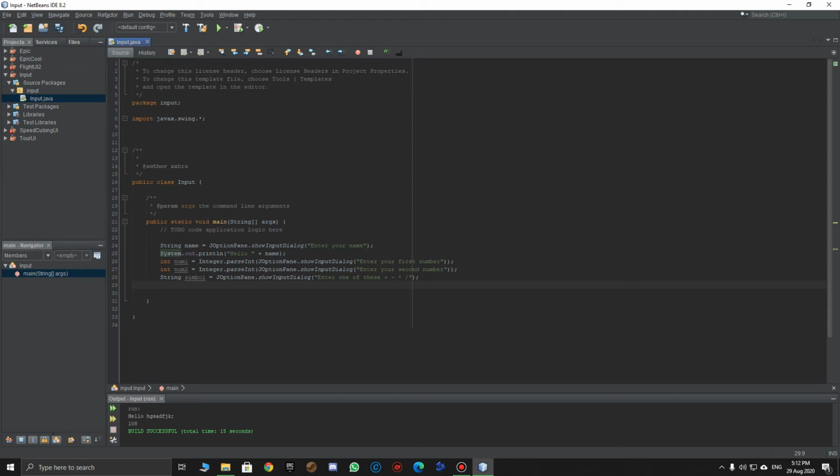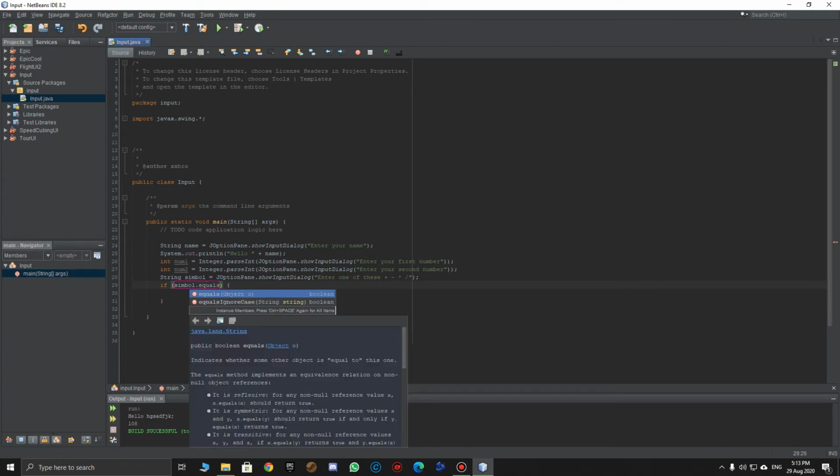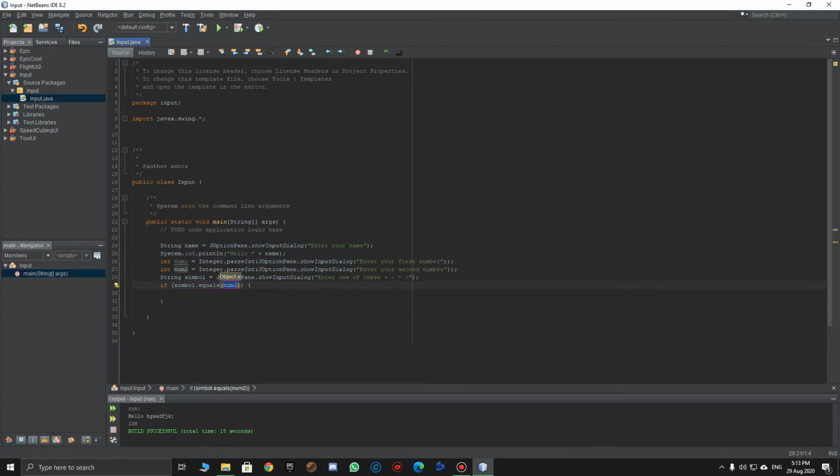So we're gonna say okay. So if-else ladders, it's basically logic, right? So if you go if, boom. So that's gonna say if something, then do something, right? So we're gonna say if symbol dot equals, right? Then we're gonna go inverted commas. Then one of the symbols will start with plus. Then, if that is true,